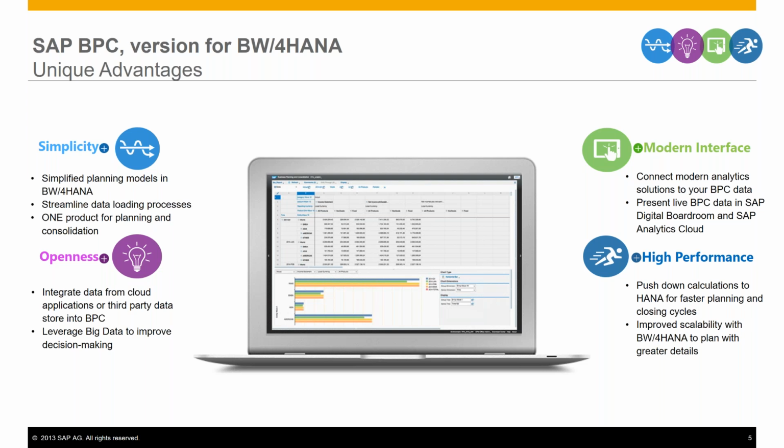So with BW for HANA, from a web perspective, you have simplified planning models. It has simplified data loading processes, so there's less data replication on the back end, meaning you have to pay for less space, pay for less hardware, and simplicity from a perspective of one solution for planning consolidations that's never changed. Openness, so it does integrate easily with